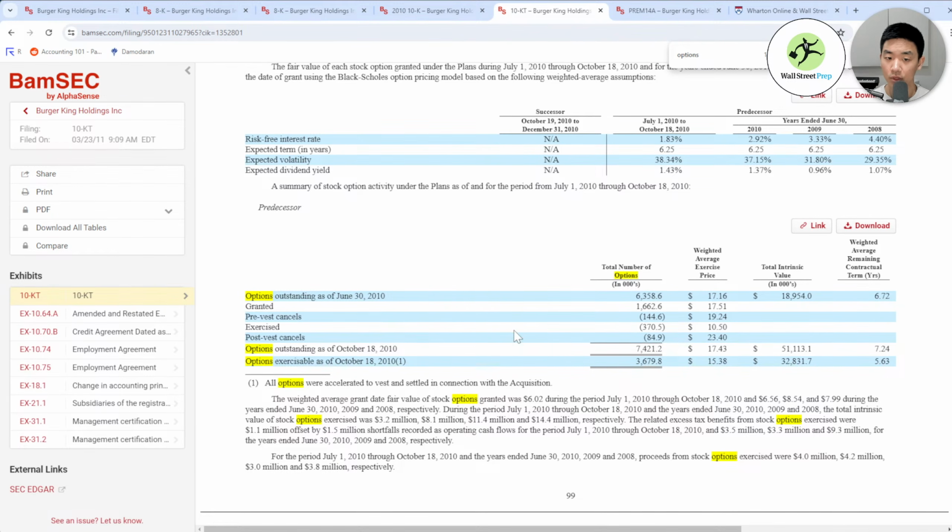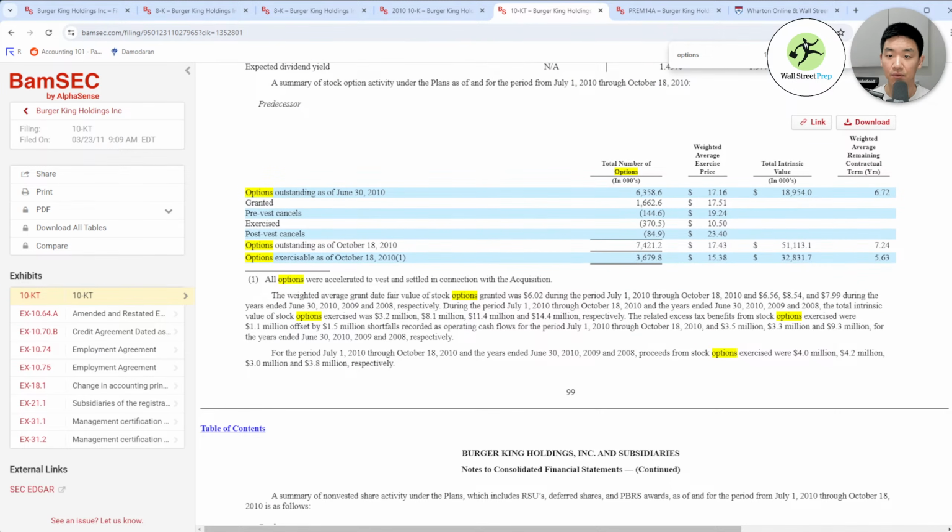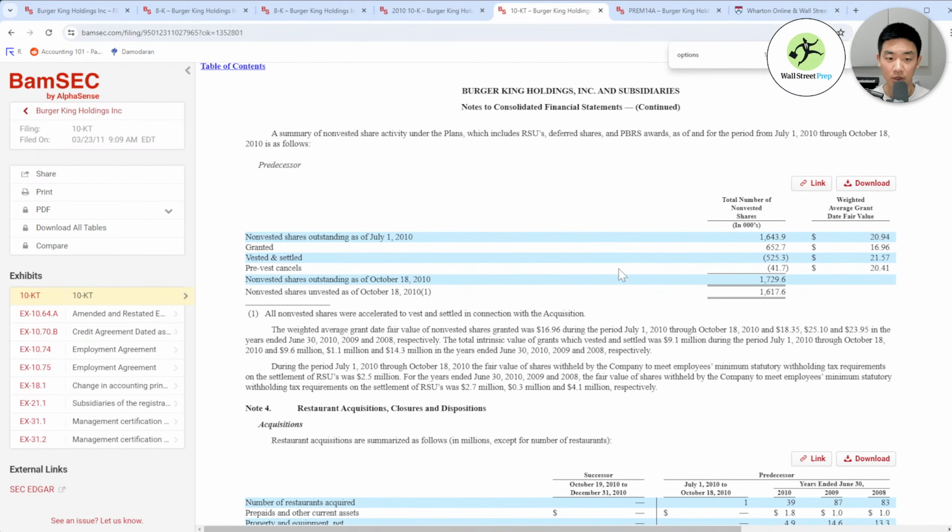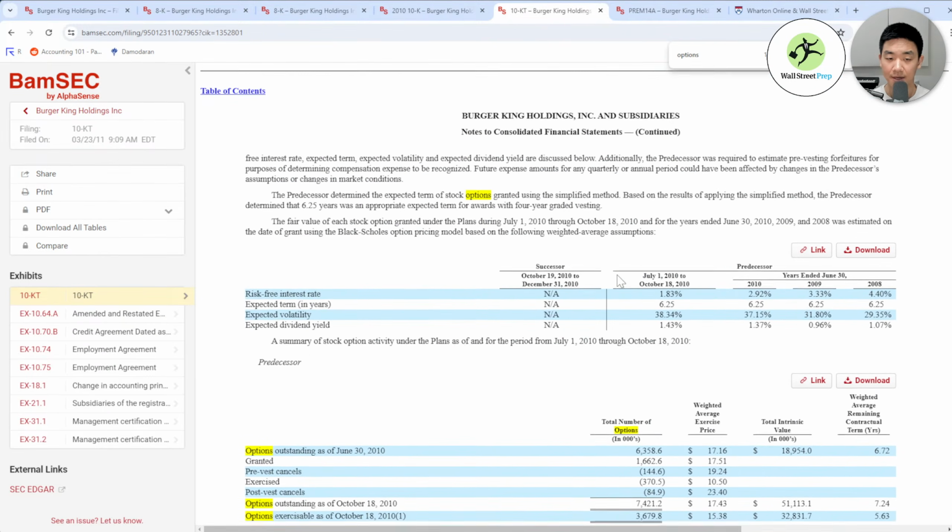Normally, a lot of 10Ks will break this down into different tranches and have a different exercise price for each, because this is a weighted figure. But for whatever reason, Burger King doesn't.